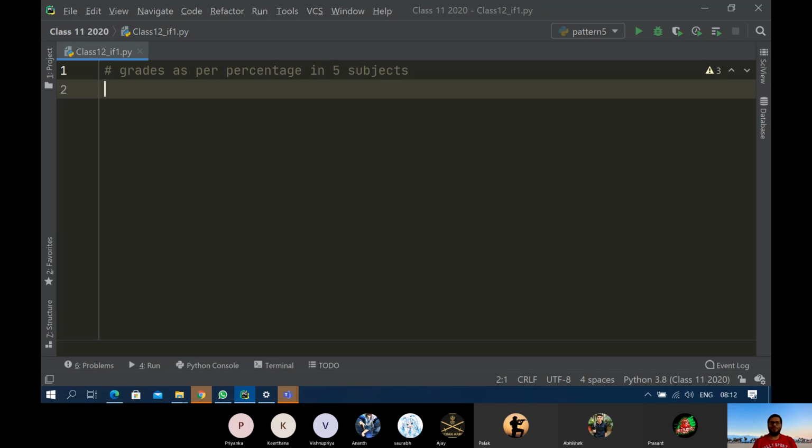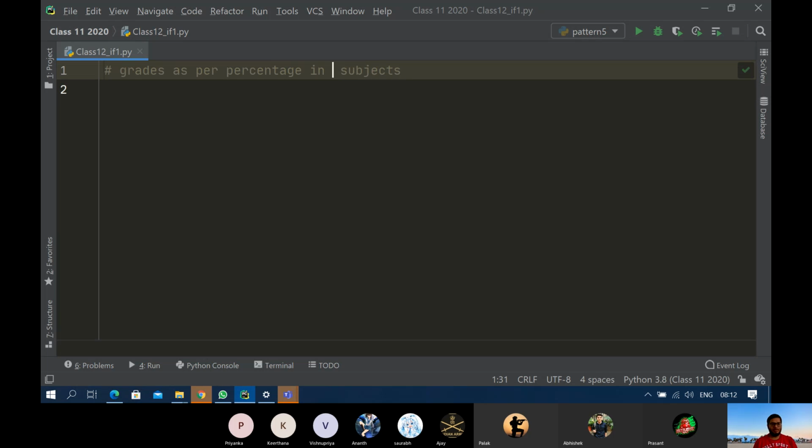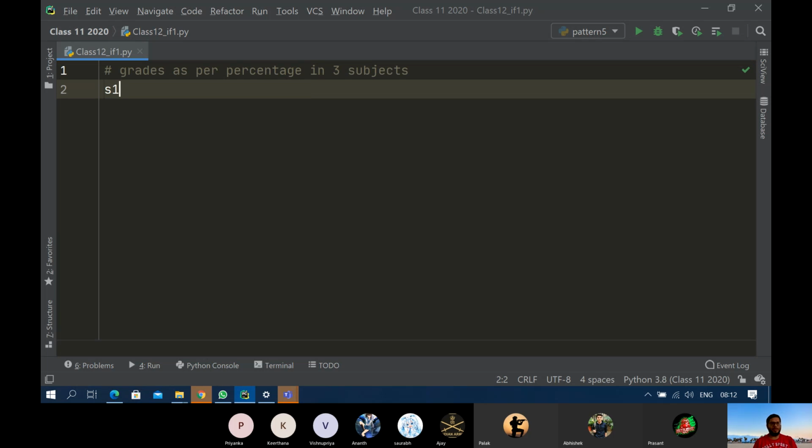सबसे पहले will 5 को 3 कर देते हैं. 5 बहुत ज्यादा हो जाए. 3. So let's say subject 1 is equals to, marks can be in what you say is also, please enter marks of, let's say, English. Just a minute. English, then we'll copy it